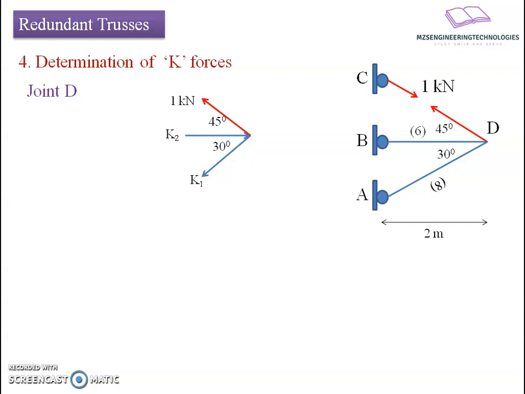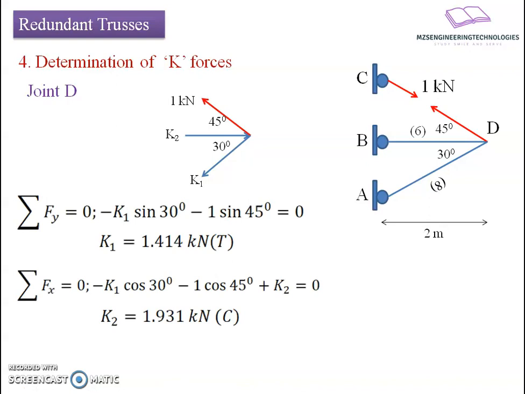And to compensate for the K1 force, I am going to consider K2 in a compressive nature, and vice versa, the cases will be there. If I apply static equilibrium equations to this free body diagram, we get summation of forces in the y direction yielding